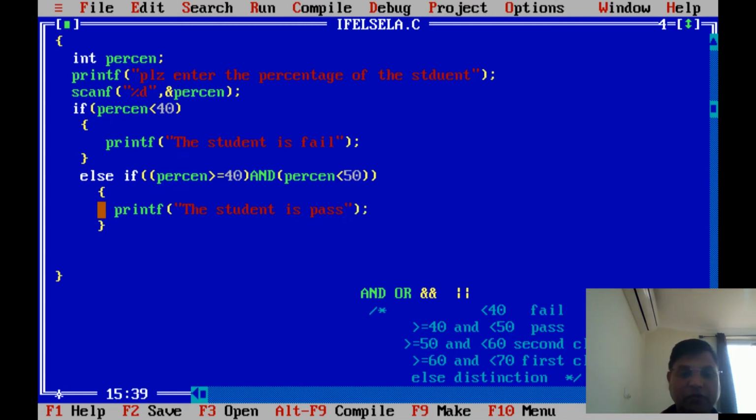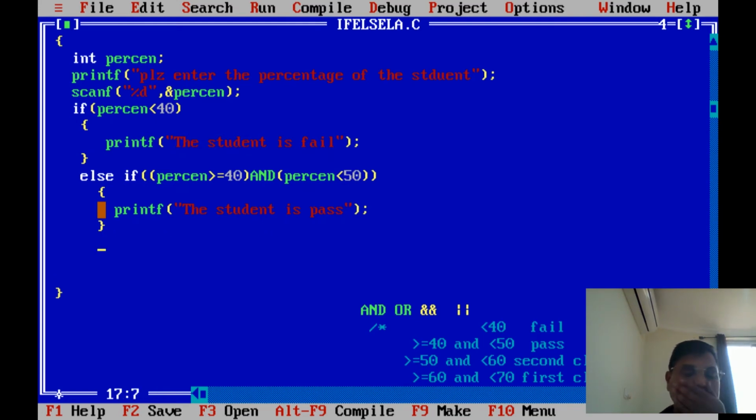So finish it. This is the first else if. Now suppose this is also false, because suppose marks are 59, then it is not going here. So again we check else if. This is going to be called a ladder.